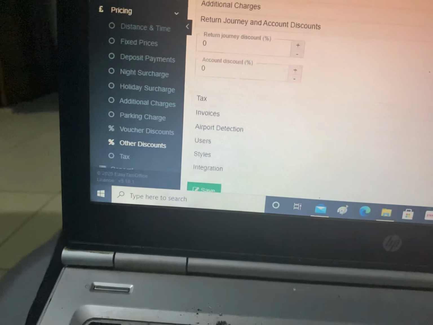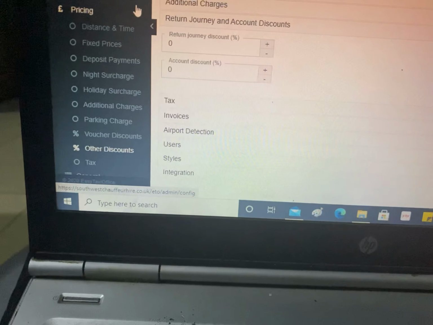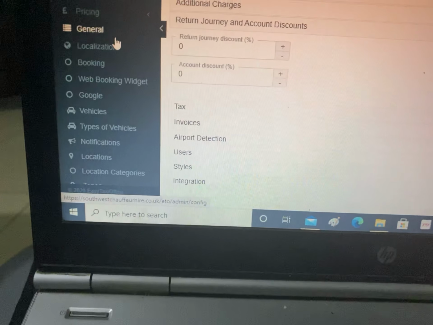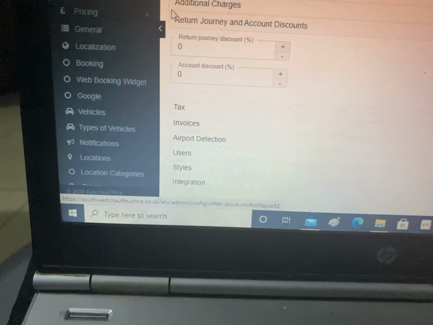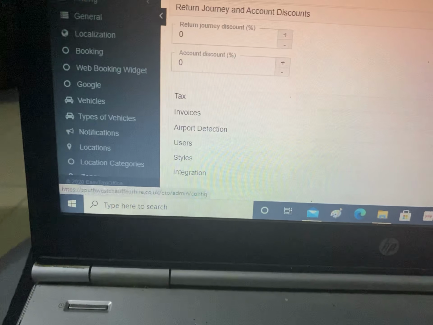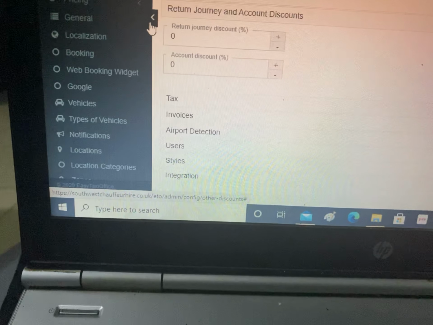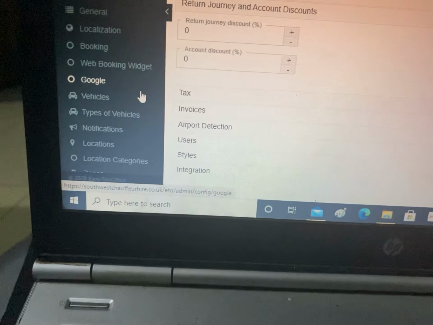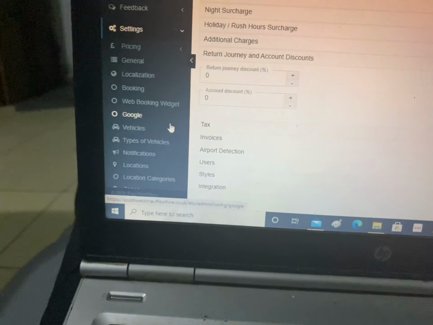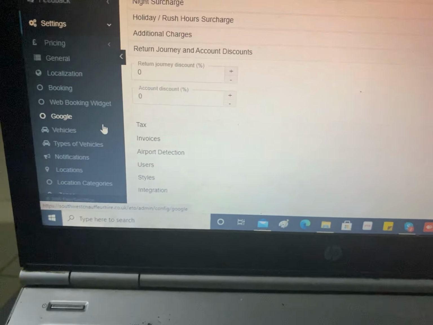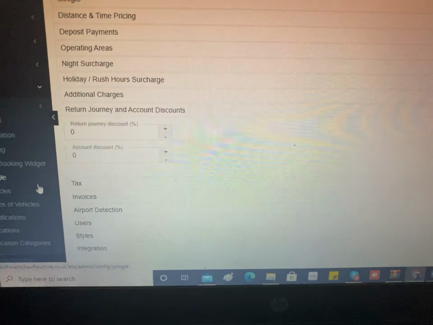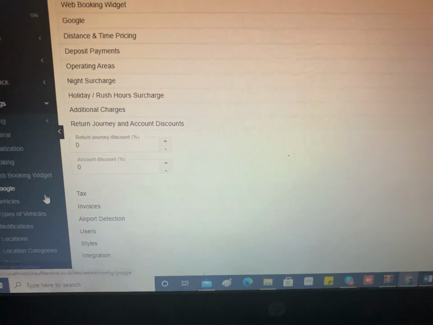And there are all the other options, like language options, booking widget, Google, these are your own options. Payment: we accept online payment, so clients book you and they can pay you online as well. And there are many other options. If you have time, like today, tomorrow, or the day after tomorrow, you can share my screen with us, so we can cover it. I will explain everything on call. That will be much better.